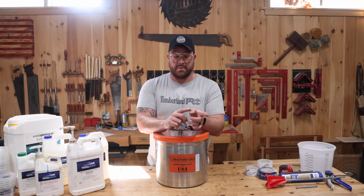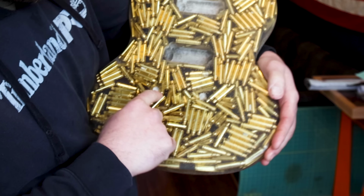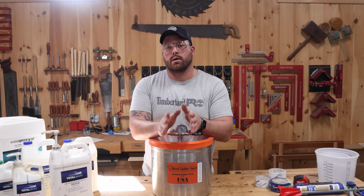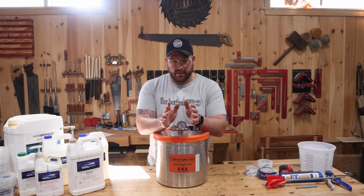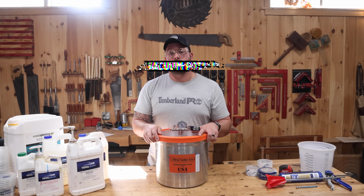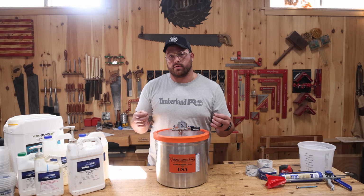And then going back to tip number 3, if it cures too quickly, none of those bubbles get to release. One of the huge differences in these deep pour epoxies is that they take a longer time to cure. That is very, very important to allow gas and bubbles to come out of it. The pressure pot gives you an advantage of pulling those out quicker sometimes, as well as if you're pouring or